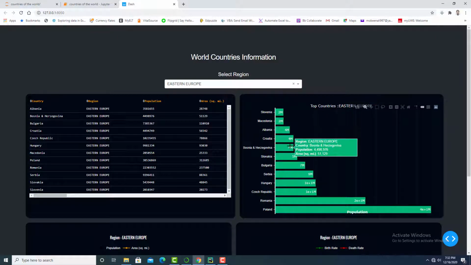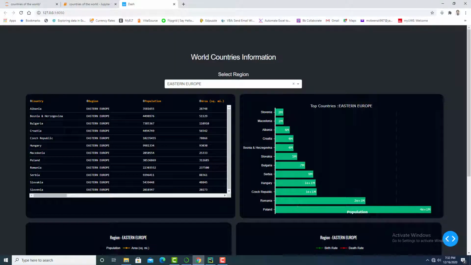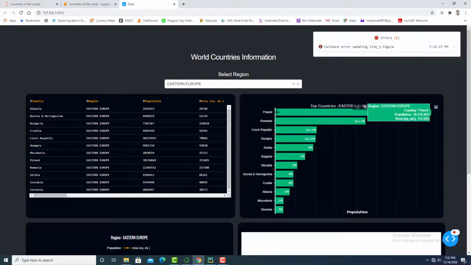So if I mention in the y-axis parameter auto range reversed, I will get here the reverse of the range from the data frame. In this way we can get the bar chart in this shape. That is the proper shape of this bar chart.